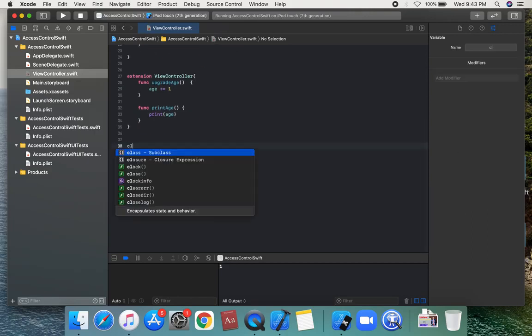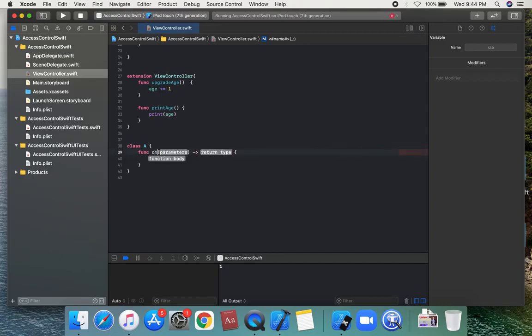So we're gonna create another class, class A, and we're gonna create a function checkAge, which has a function name, no parameter and no return values.